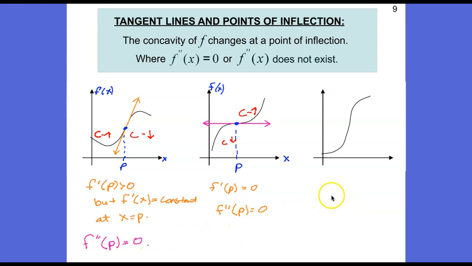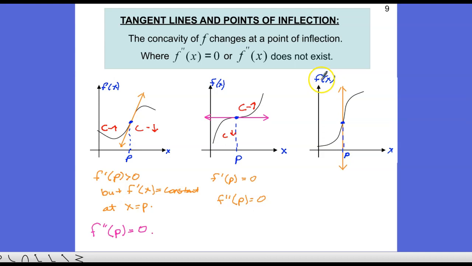Let's take a look at the third example. In the third example, we have our function f of x, and we can see that our point P again divides the function in such a way that to the left of P, or for x values less than P, our function is going to be concave up. And for x values greater than P, it's going to be concave down. And so P then should be a point of inflection because the first derivative at P is undefined. And so therefore, the second derivative of P